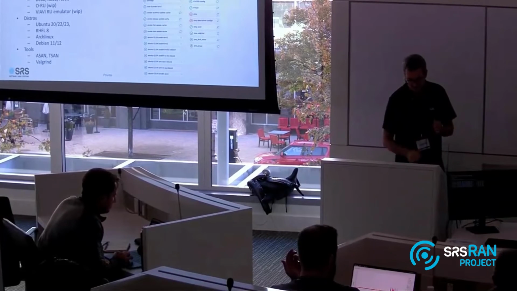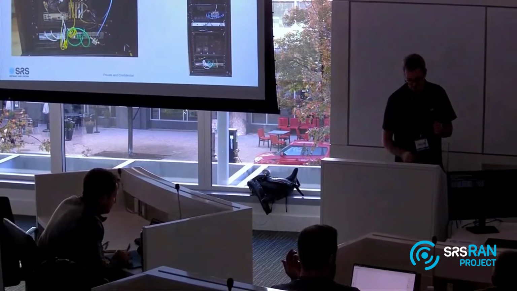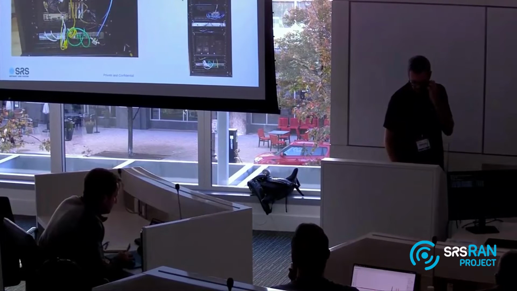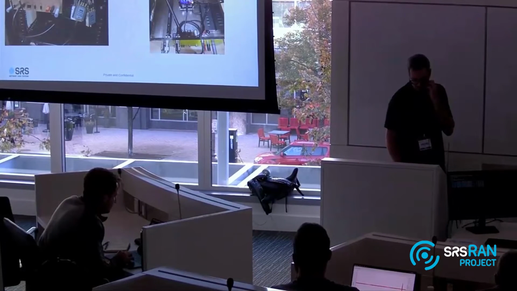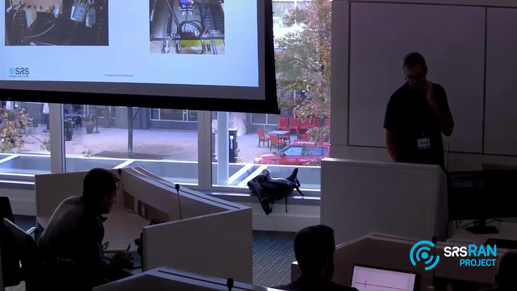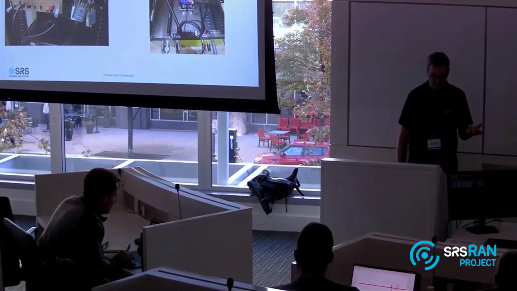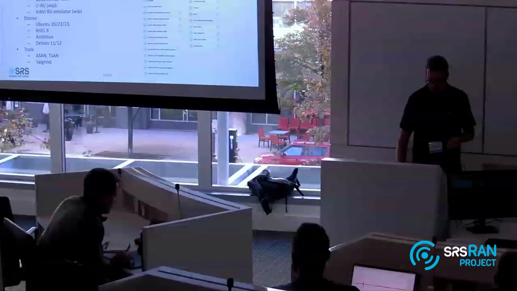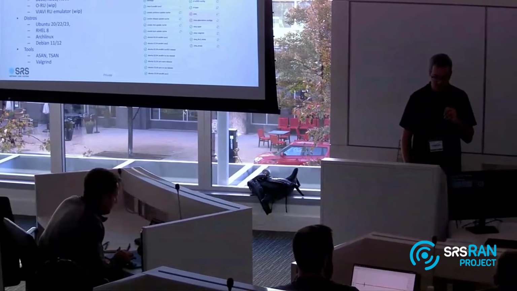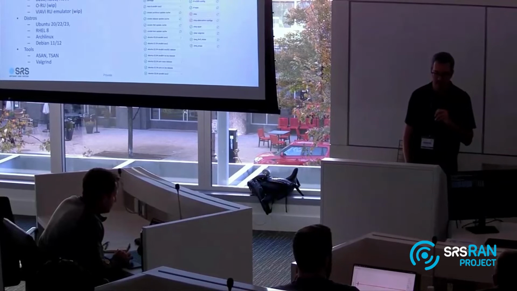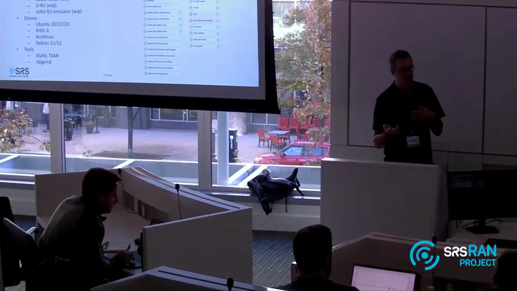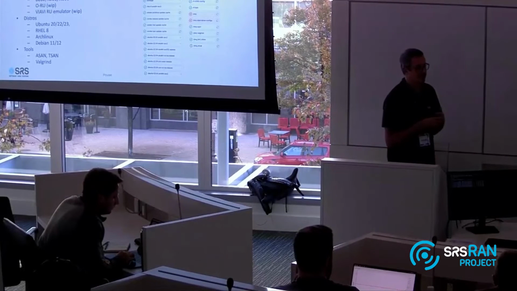In terms of the end-to-end tests, we have this kind of infrastructure in our labs. We have racks with user PCs. We have a shield box where we have a couple of phones that we control with a PC using the ADB interface. And we also use ZeroMQ with a Amarisoft UE. Many of you are using ZeroMQ with srsUE, but